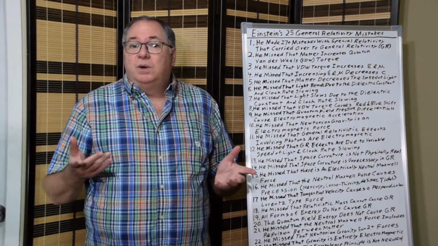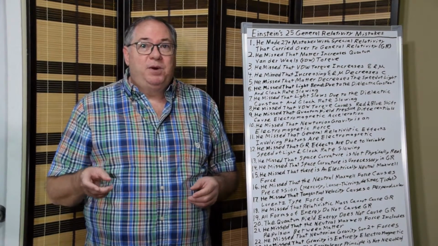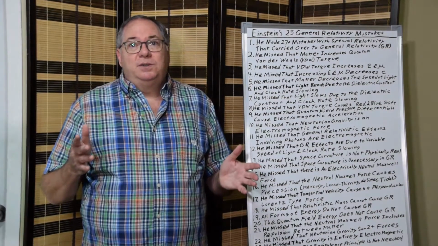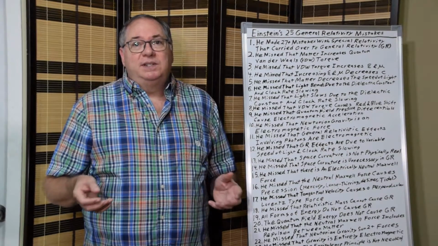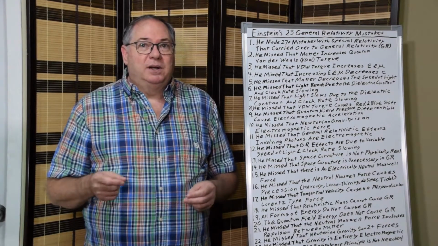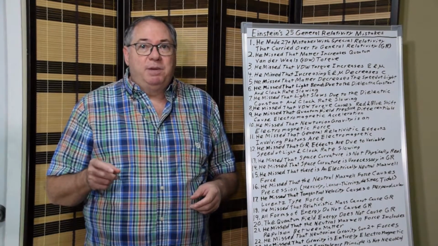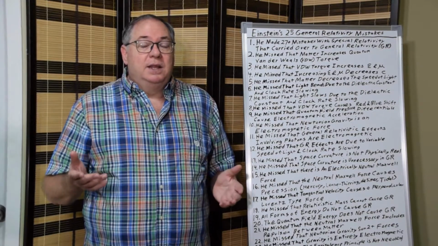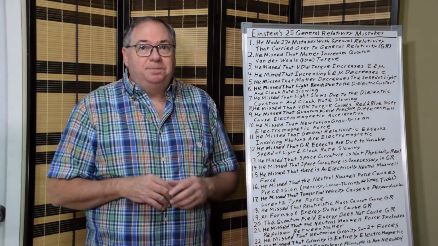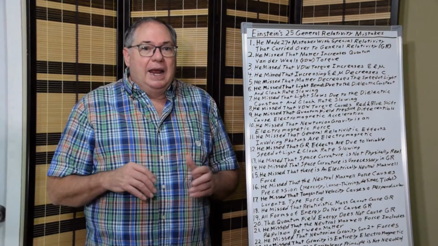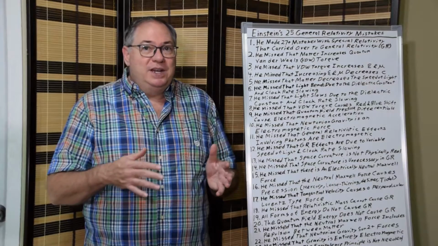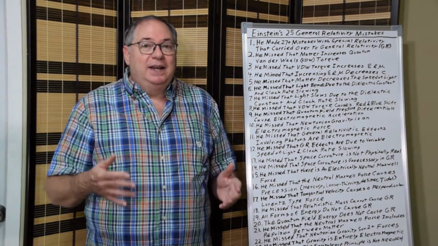So then we have 4, the increasing permittivity and permeability decreases the speed of light. One of the foundational equations in physics is that permittivity times permeability is 1 over the speed of light squared. So as the permittivity and permeability go up, the speed of light goes down. This is what happens when light enters a piece of glass and it slows down. And this is what happens when it enters a region of the quantum field that's near a star or planet. Light slows down.